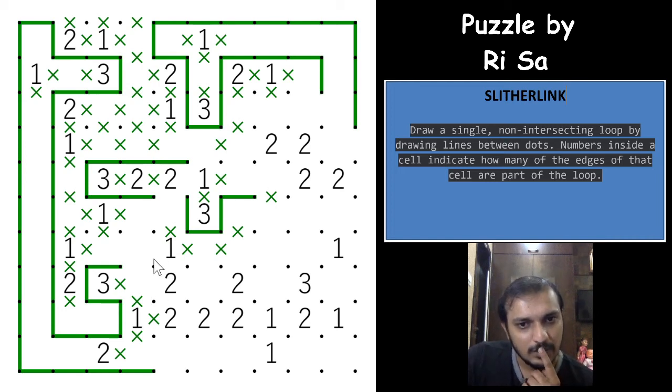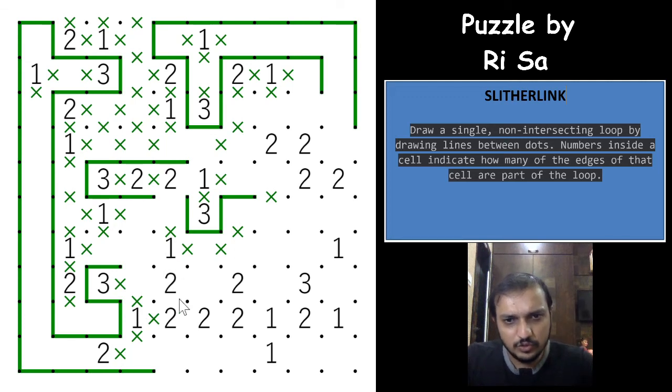Okay, now I see one more beautiful logic here. For this 2, if you see, it will either be this way or this way. There is no other way possible, because this 2 is as if it is at the edge. It acts as if it is at the edge, which means it will either go this way or this way, and in both ways you have a loop segment that comes to this point. So you have an odd number of loop segments here. So if this comes down, you have an odd number of loop segments, and that cannot connect here. So which means this will go towards the right, this will go towards the right.